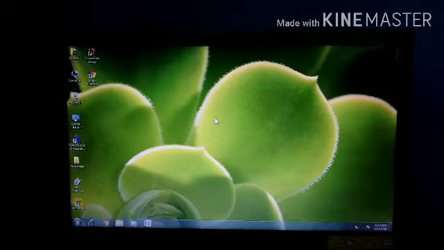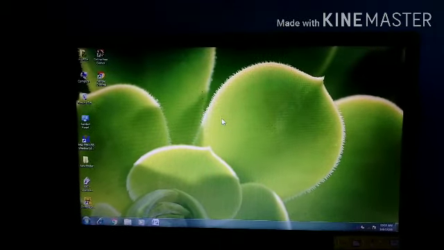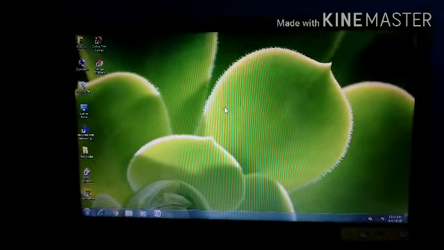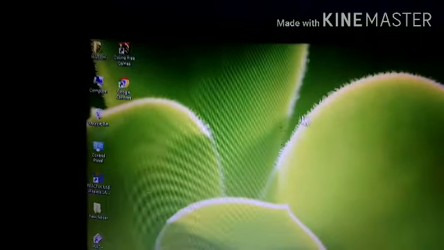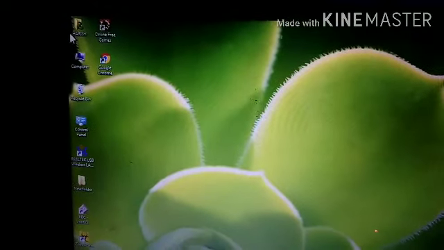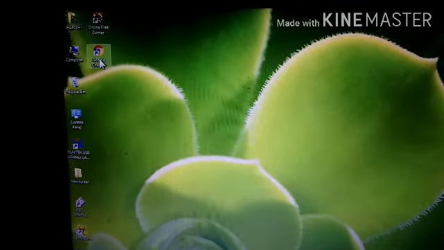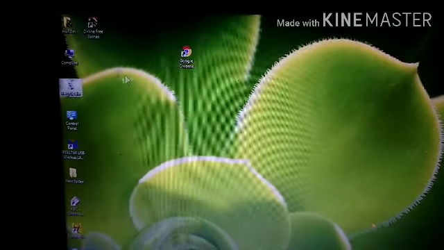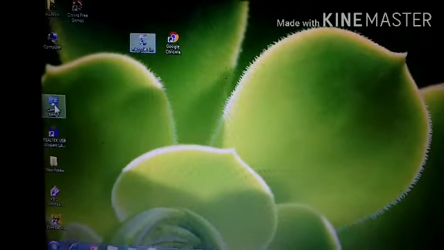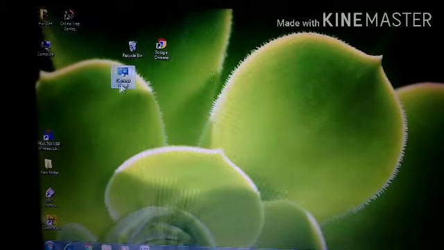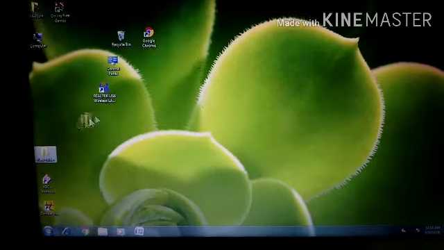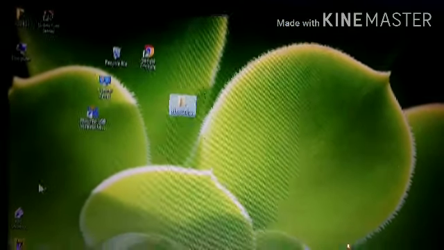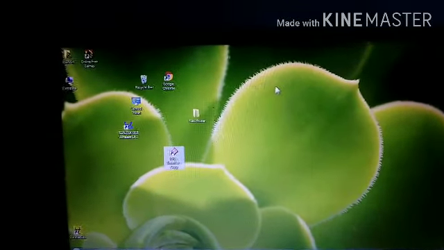In this video, we will tell you how we can arrange the icons. So first of all, look at this screen. You can see the icons are well arranged. Look what you have to do. Some of the icons we are disarranging them, like this. So to arrange these icons,